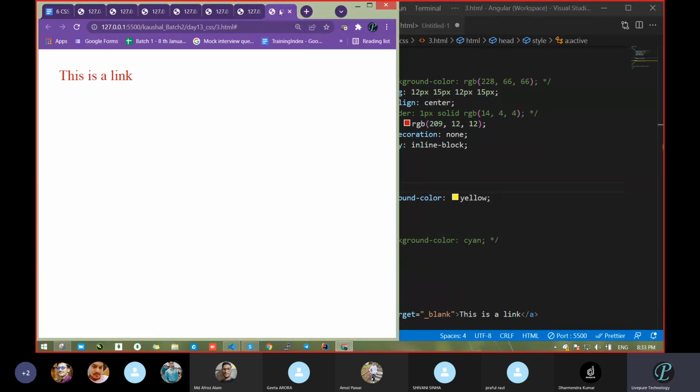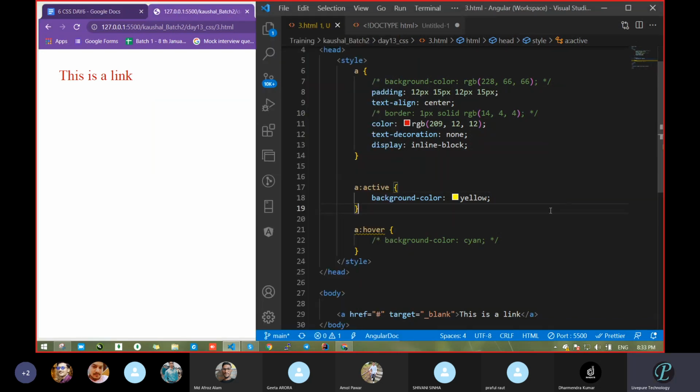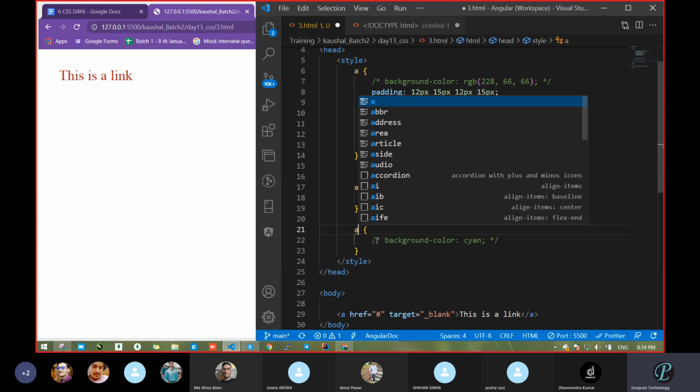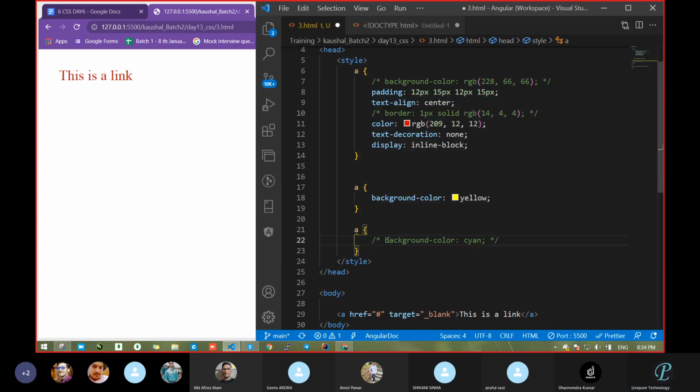Now just tell me, all these properties I want in different situations, not all at one time. Correct or not? I want this property only when it is clicked, for the active purpose. When the mouse comes over, at that time we want only this. And we want this or this thing by default. Now can you tell me, if I take this also as an anchor tag, will it work? Here also an anchor tag, will it work at all? Have you got the issue?